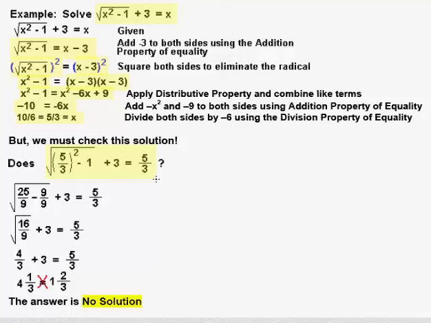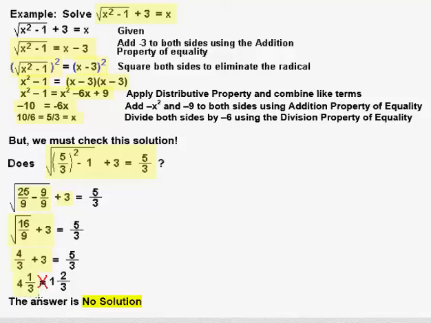Well, 5/3 squared is 25/9, minus 1. We can write that as 25/9 minus 9/9 inside the radical. We add the 3 to it, and 25/9 minus 9/9 is 16/9, added to 3. The square root of 16/9 is 4/3, and then we add 4/3 to 3. Well, 3 is the same as 9/3, and 9/3 plus 4/3 is 13/3, or 4 1/3, and that is not